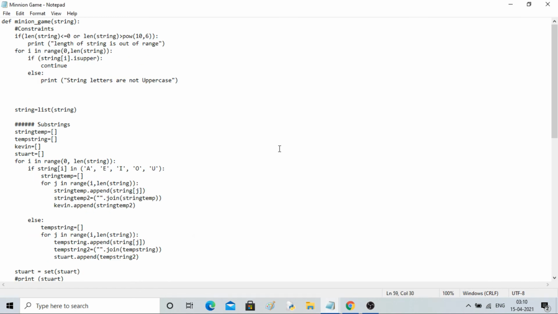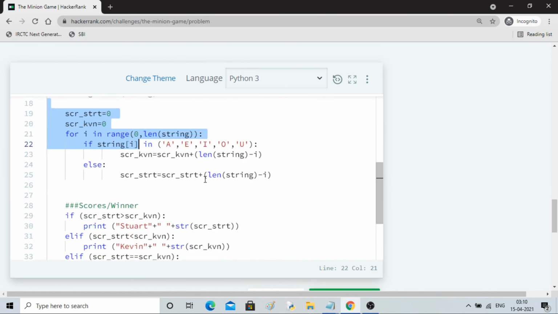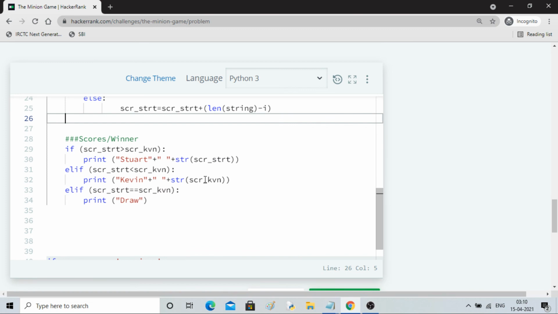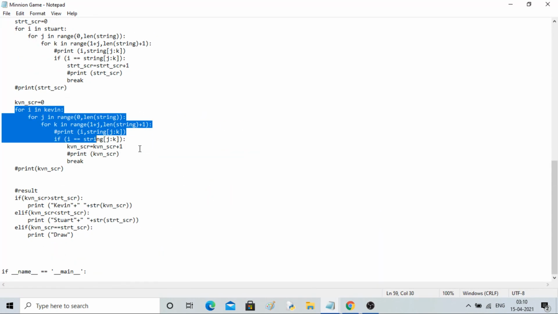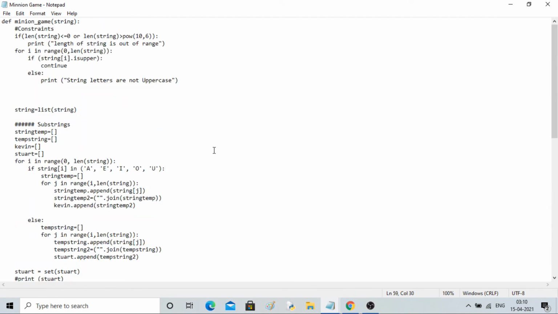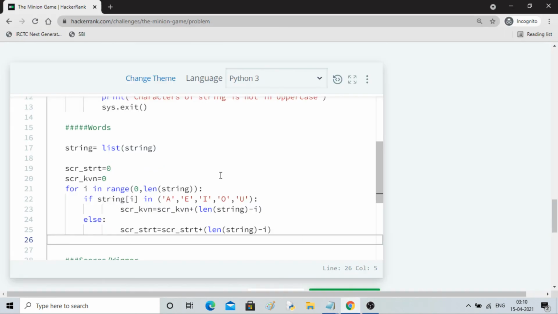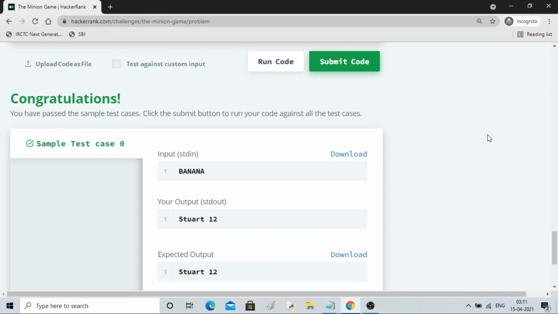Maybe you will see me doing some code in this IDE, and you might think this guy has designed this minion game thing in just an hour or something. It's not like that. I've tried 2-3 versions and I've wasted a lot of time, invested a lot of time, and finally I got this. It took me a lot of time. There were a lot of learnings from this exercise specifically. Hopefully you have learned a lot, and passing these test cases was an achievement.